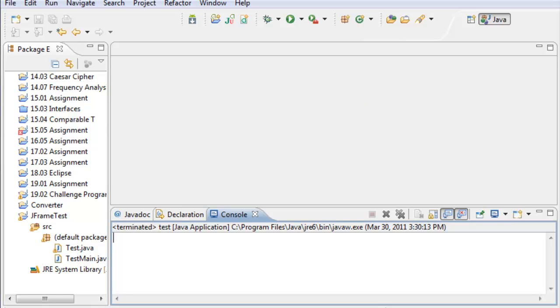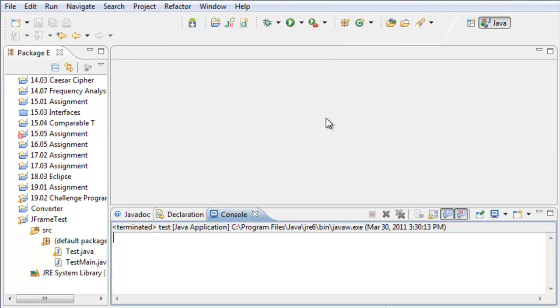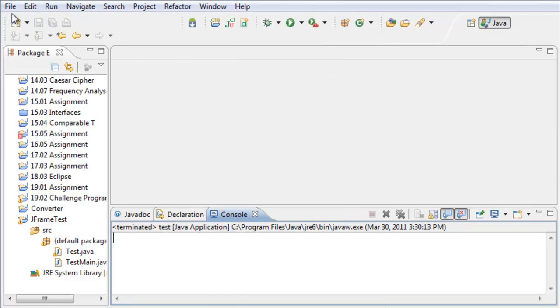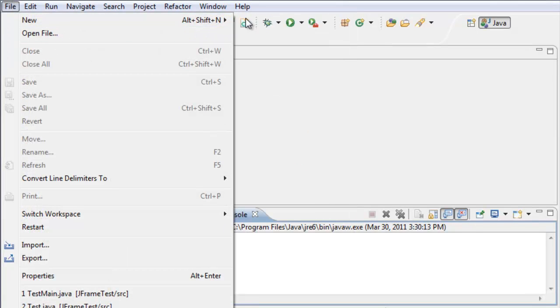So the first thing you're going to do is open up Eclipse. It's going to look something like this. Yours might be a bit more cluttered because sometimes it has a bunch of junk around it when it starts up, so just close that stuff out. Just make sure that you have the console down here, like a gray thing here in the middle, and all your packages on the side, which you won't have anything in, but I have a lot here. So just go to File, and then New, and then Java Project